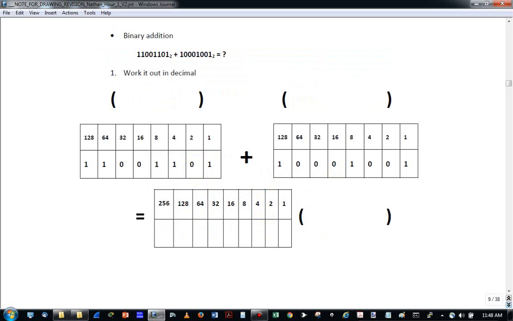Looking at binary addition, here we have 2 numbers. Work out what these 2 numbers are. We're going to do it in decimal first. So the 2 numbers will be 205 if we work out these bits, plus 137. If I do that in decimal, 205 plus 137 is